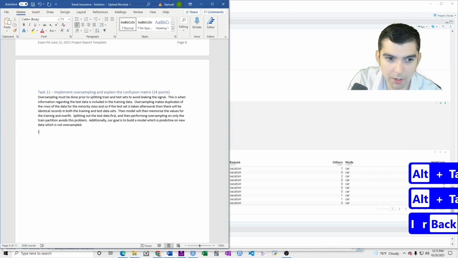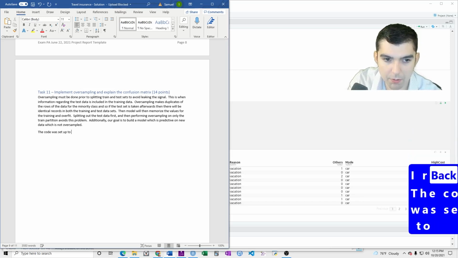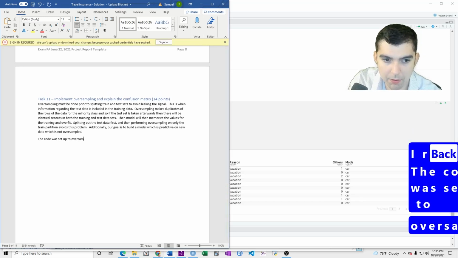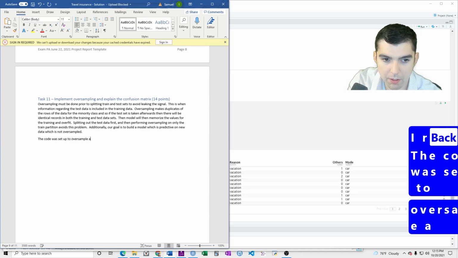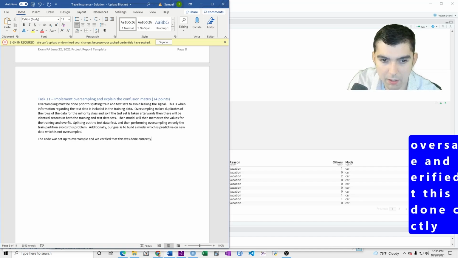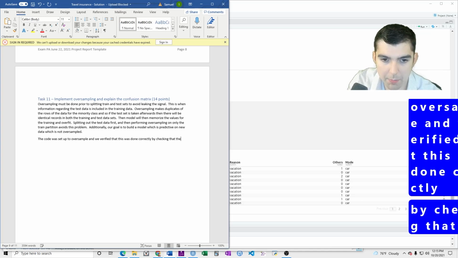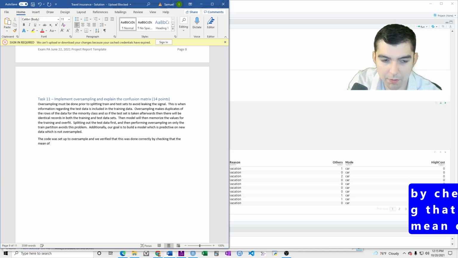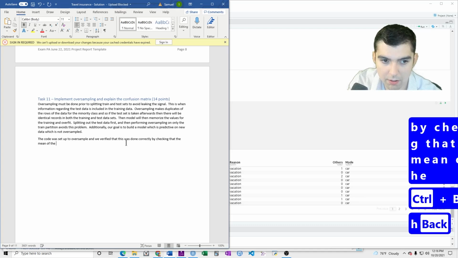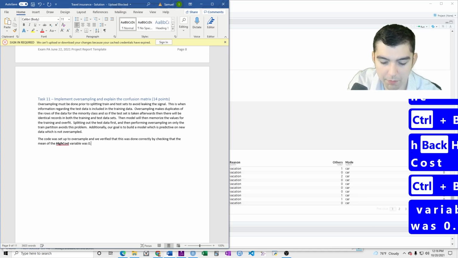The code was set up to oversample, and we verified that this was done correctly by checking that the mean of the high cost variable was 0.5.